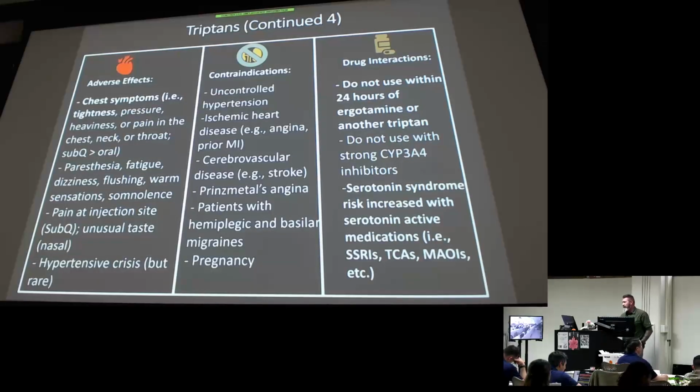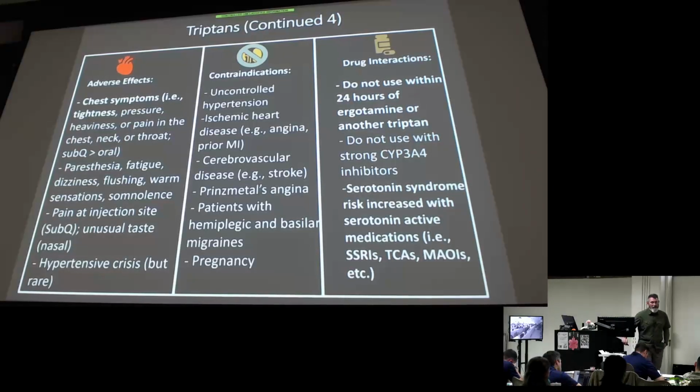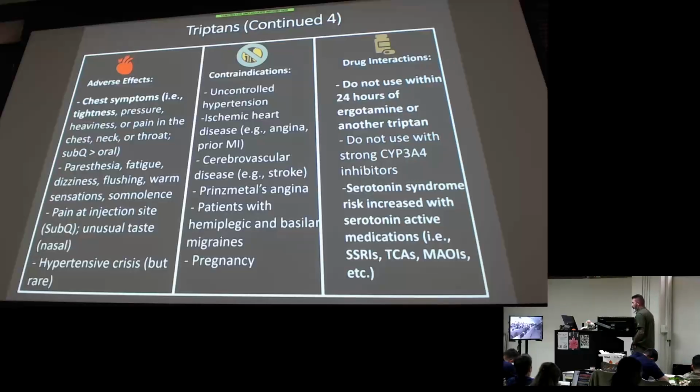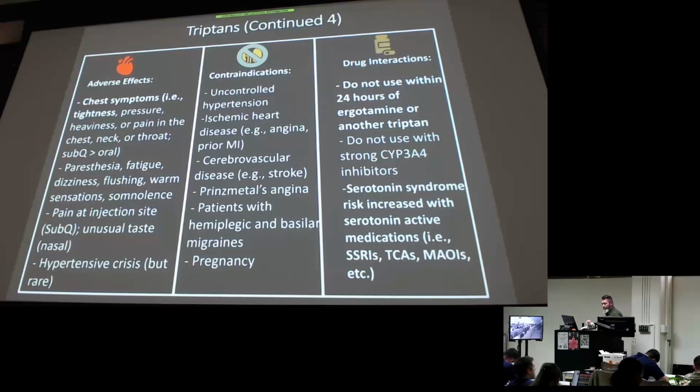So on this slide, a couple of people pointed out, there's an error. For the triptans, contraindication, pregnancy, triptans are generally considered safe in pregnancy. So it's a relative contraindication. They're generally safe, so I would just cross that out. Specifically, sumatriptan recently has had lots and lots of trials and data on it that says it's safe in pregnancy. So sumatriptan being the best in pregnancy, but it is not considered a contraindication anymore for pregnancy to utilize triptans. Everybody tracking that?